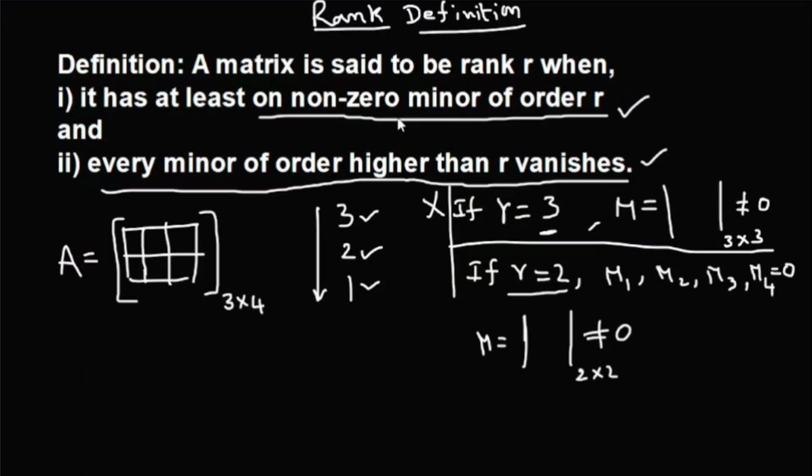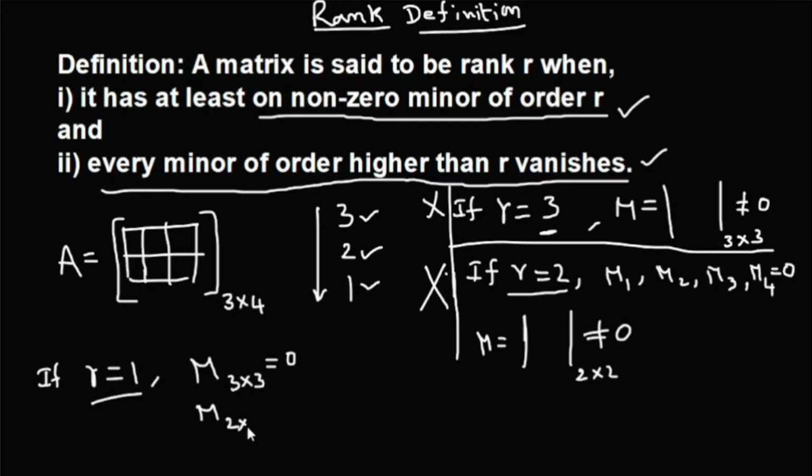Right? So suppose rank is not equal to 2, then rank must be equal to 1. Right? If rank is equal to 1, what should happen? Then all minors of order 3 by 3 must vanish, because the second point is telling us every minor of order higher than R vanishes. Higher than R means higher than 1. Higher than 1 is 2 and 3 here in this particular matrix. Okay. So all minors of order 2 by 2 and 3 by 3 must vanish, and you should be able